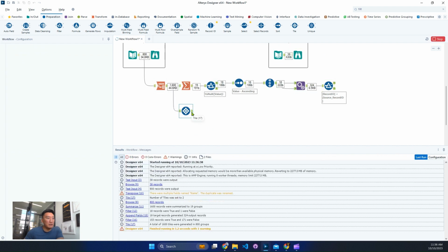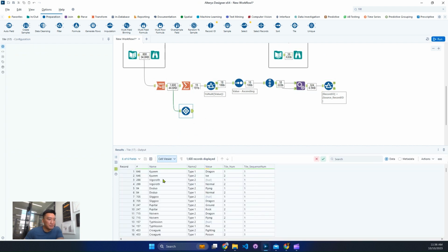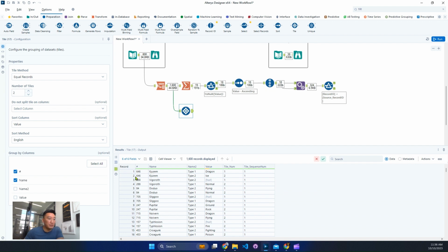Let's have a look at the answer. Each of those. Okay, for example, this one. Type 1, type 2, type 1, type 2. Yeah, that's fine. Maybe these guys are better examples. So the first one, you can see your type 1 is normal, your type 2 is null. So it's a single type Pokemon. But once we sorted it, now it's automatically bumped to the first option. So that's why it's tile number 1, then normal will be tile number 2. The one below,